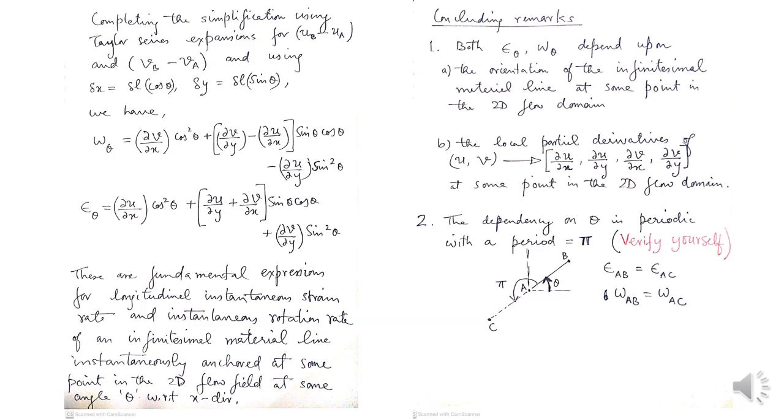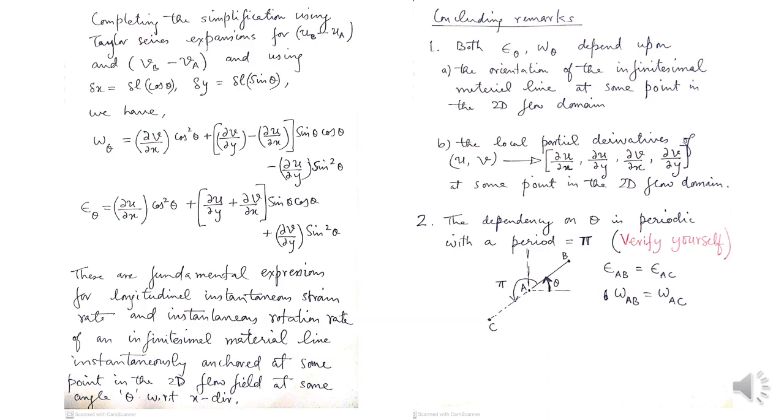This is a very interesting looking expression, and it will be discussed further towards the end. Similarly, the strain rate epsilon theta also involves all the 4 partial derivatives and the trigonometric ratios cos theta, sin theta. You can regard them as basic fundamental expressions for